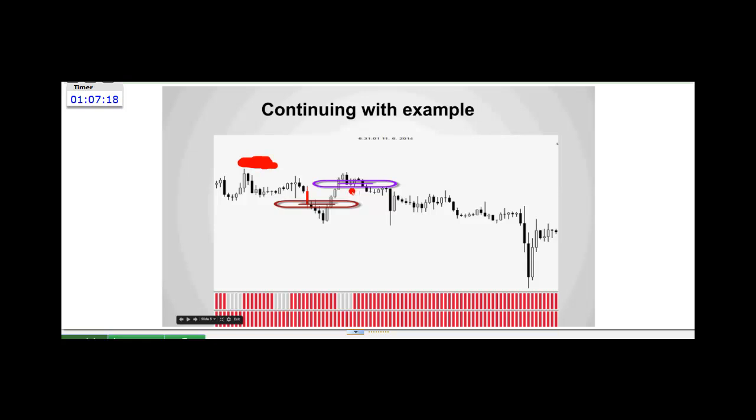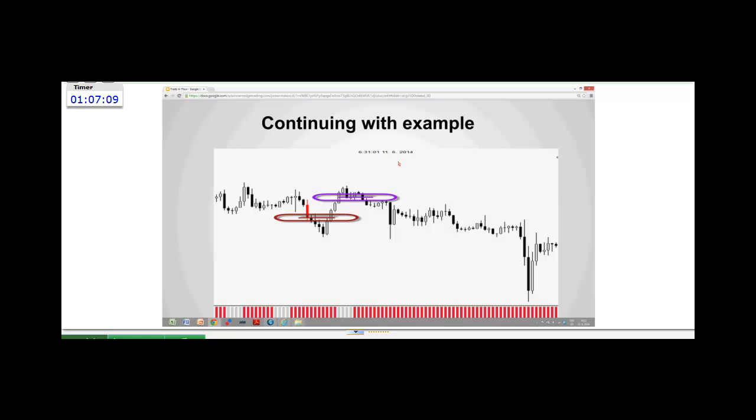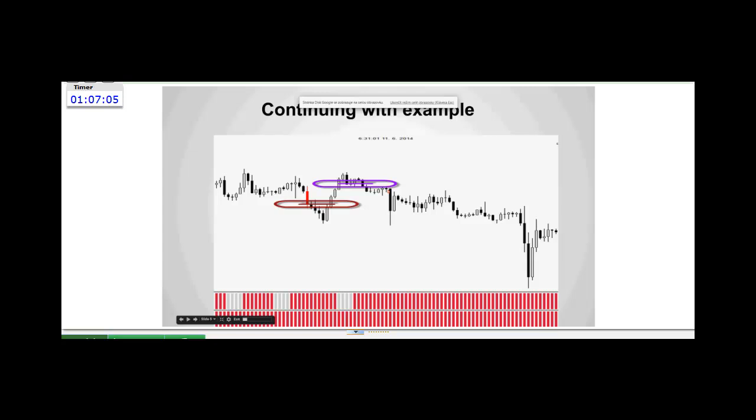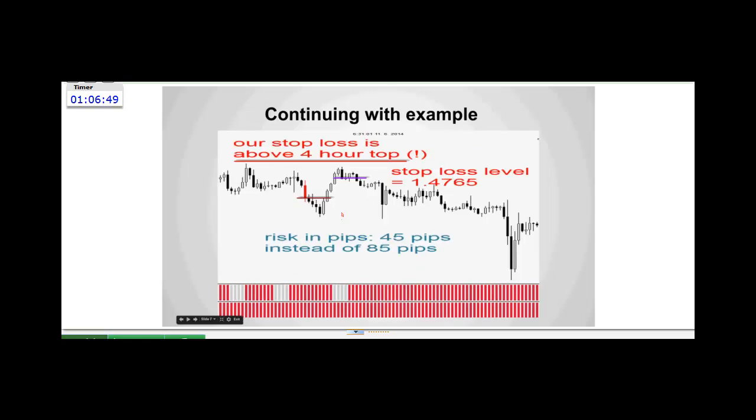Now, you can see the difference when you put a pending order there. The difference in price is about 40 pips. In fact, we'll dive into that in the next slide. Fortunately, when I use my pen, it seems to get out of the PowerPoint presentation, so I'll try to avoid that. But here you can see our entry was 147.20. This is the euro odd for those that are curious, and instead of the 146.80, so there's a 40 pip difference. Now that might not seem a lot, 40 pips, but if you translate that into the following,